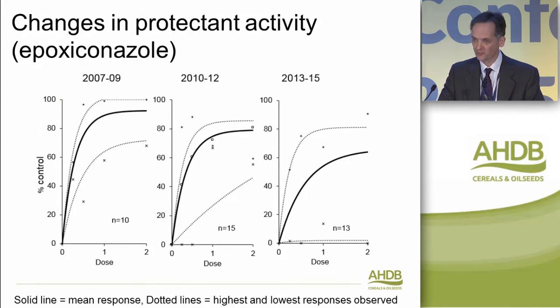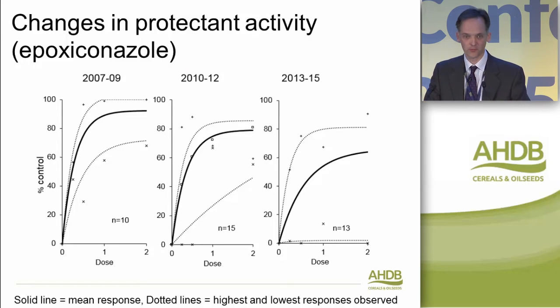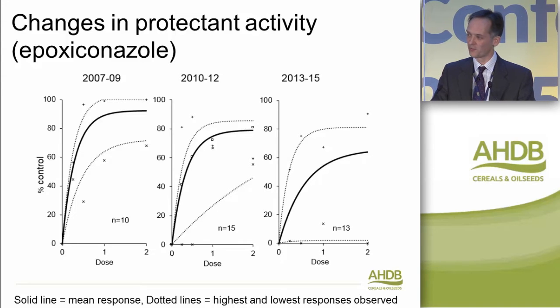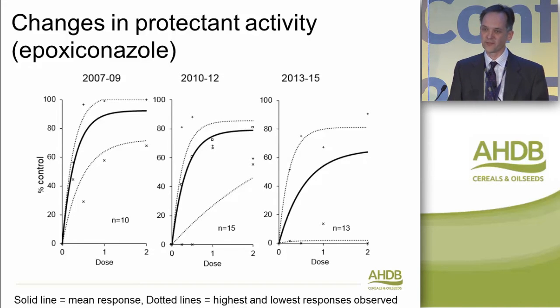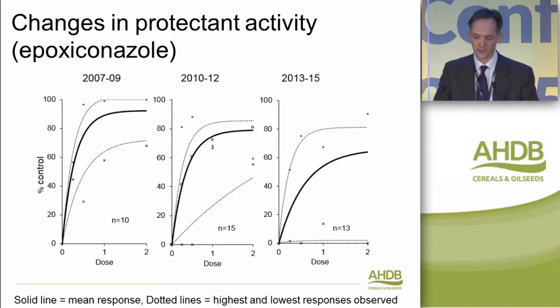I'm just going to touch on what we're seeing with the azoles. I think, if you'll excuse a nautical analogy here, looking at disease resistance or changes in efficacy in any one site or season is a little bit like looking at the ripple on top of a wave to judge which way the tide's going. It doesn't really work. You need to look over a group of seasons and sites to get a good feel for just what changes are occurring.